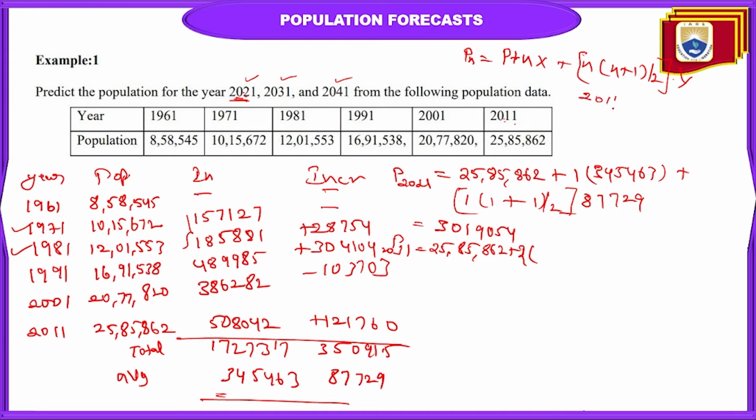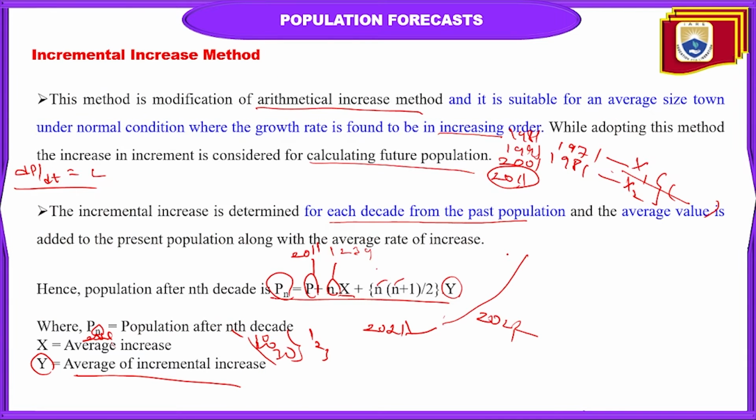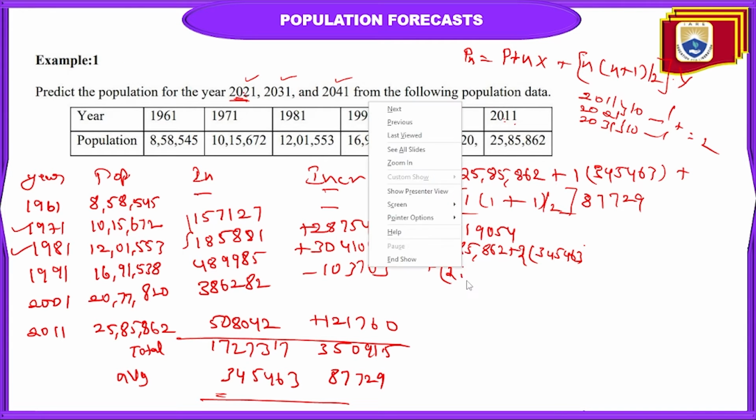2011, 2021 and 2031. Here it is 10 years and here it is 10 years. So 1 decade, 1 decade. This becomes 2. So here it is the same, the incremental increase average is the same, and then now it is 2, then it is also 2,